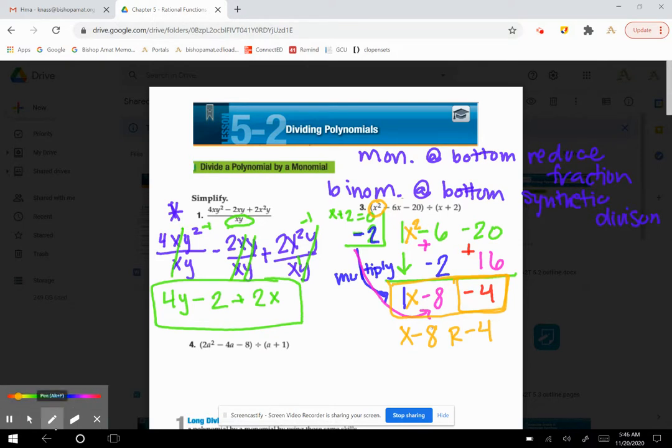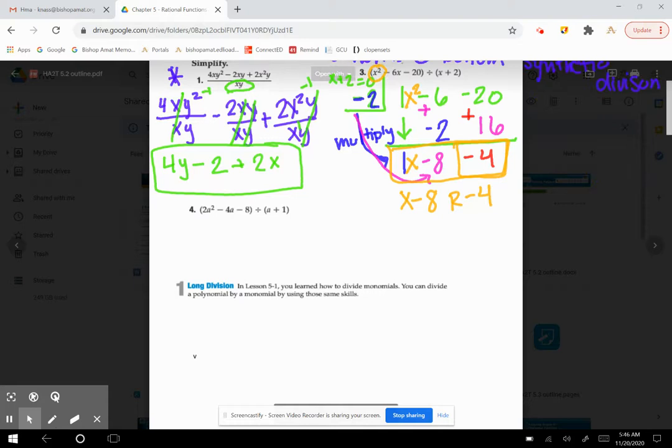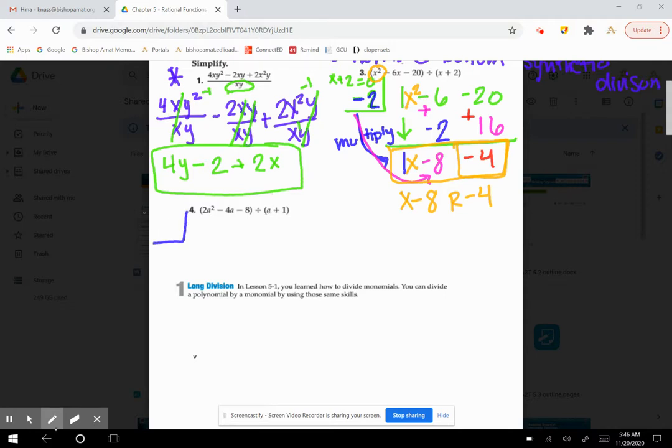Okay, let's try another example. So this here has 2 terms at the bottom. So we're going to take the denominator, which is the second one. We're going to put it in the box. So a plus 1 equals 0. So the number we're working with is negative 1. Next, we're going to write our coefficients, 2 for the first one, negative 4 for the second one, and negative 8. You're going to leave some room,